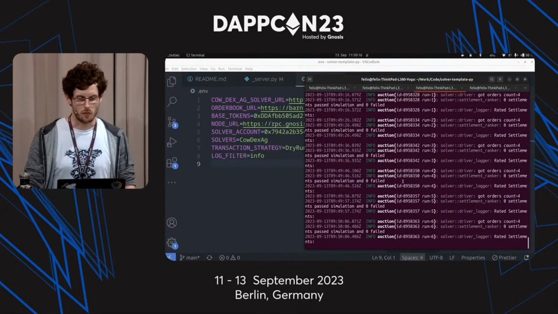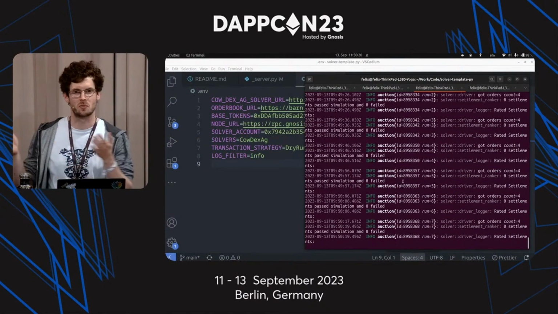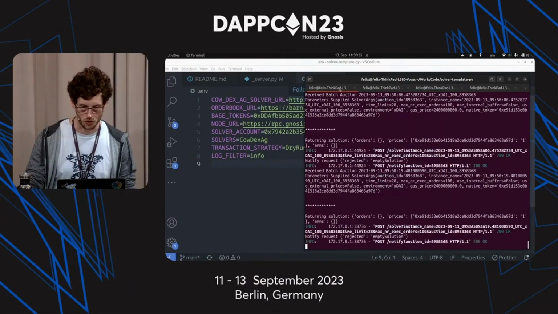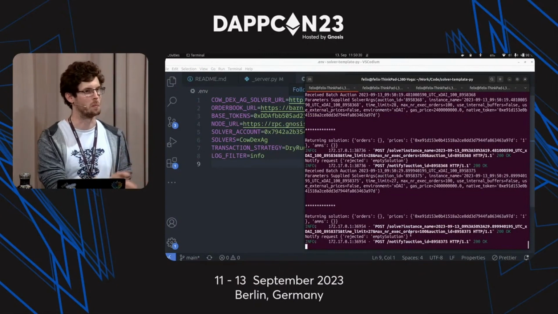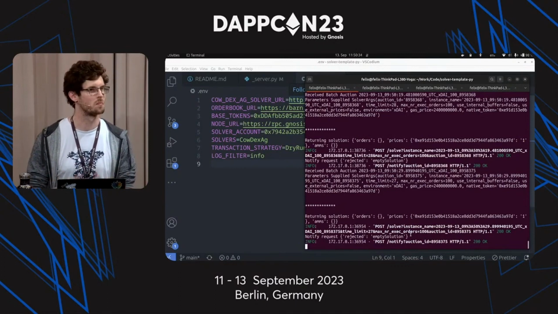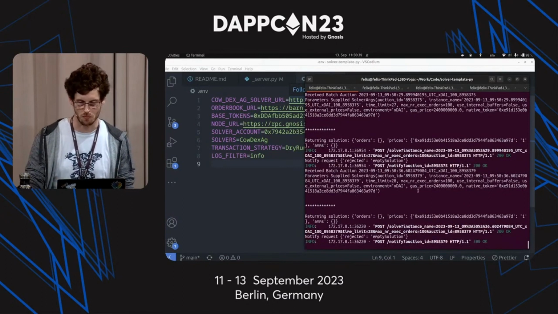Okay, we have the server running. We told it to send auction instances to some URL on some port. And what we should see on our solver server that we implemented is that it receives instances of the order book. And so you see, it receives an instance every few seconds, but never finds a cow, because at the moment there are,